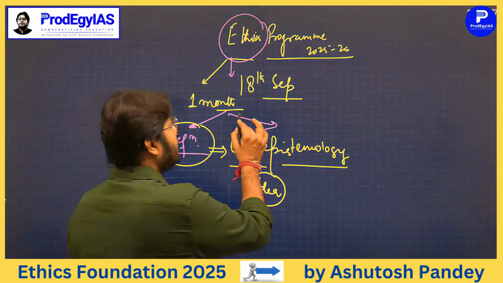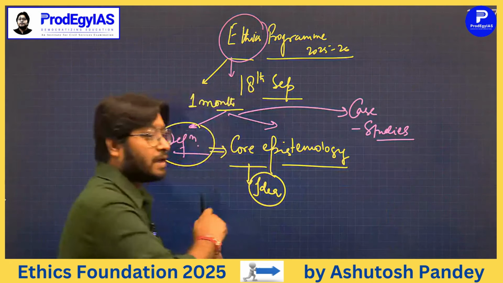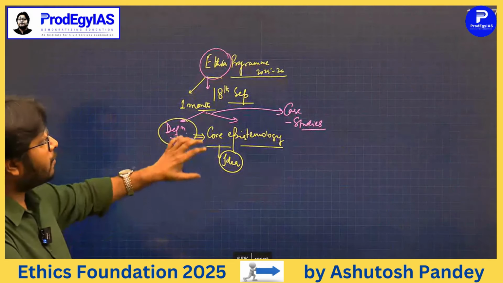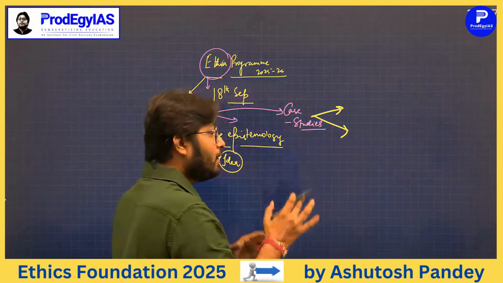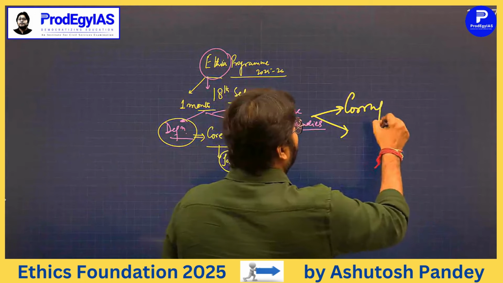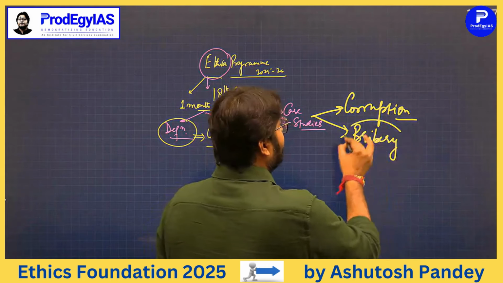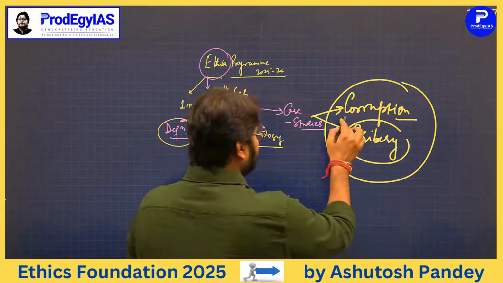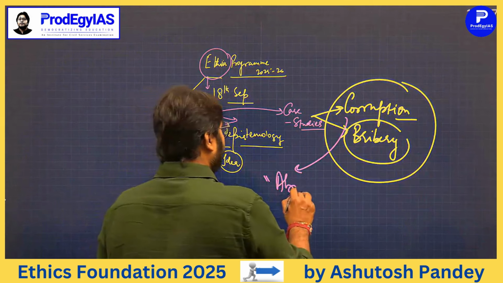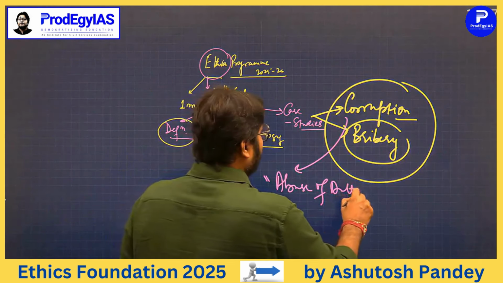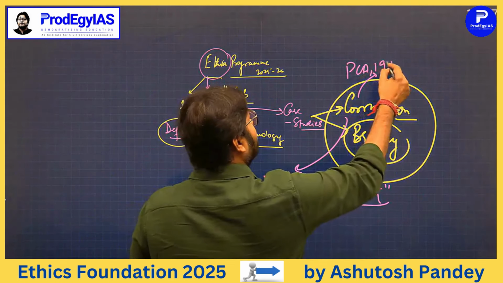Secondly, when you are dealing with the case studies, right, these case studies also require a lot of content, a lot of terminologies from here. For example, if you are looking at any, let's say, situation related to corruption or bribery. Obviously, bribery is a part of corruption, right? Corruption has a very typical aspect of abuse of authority. Now, if you start defining corruption merely from the Prevention of Corruption Act 1988, right, that would